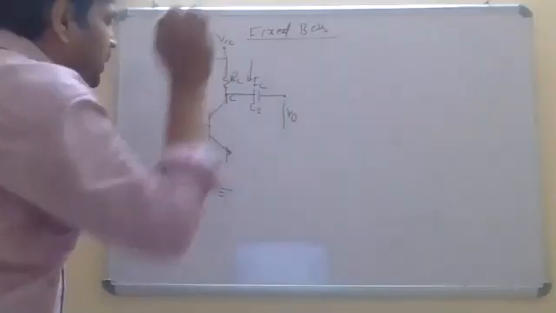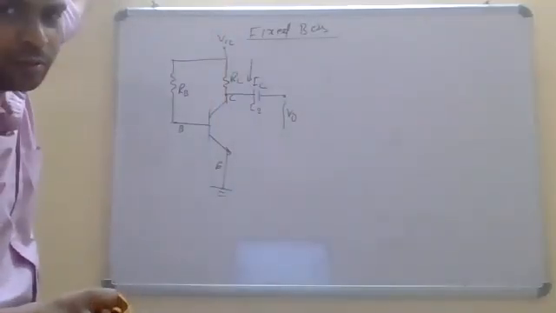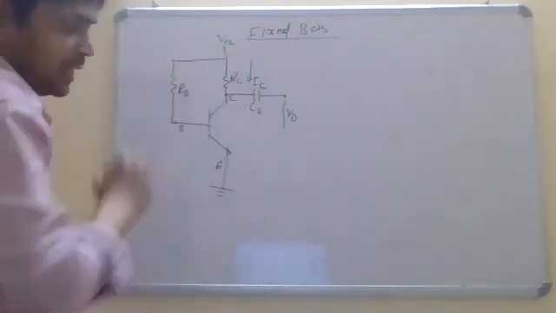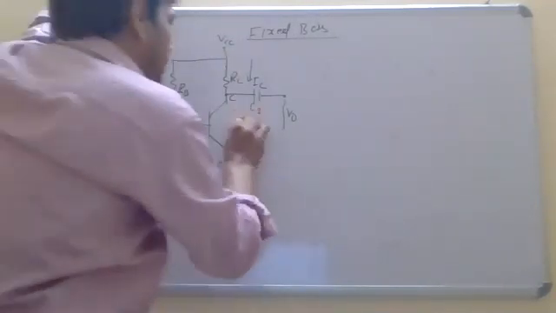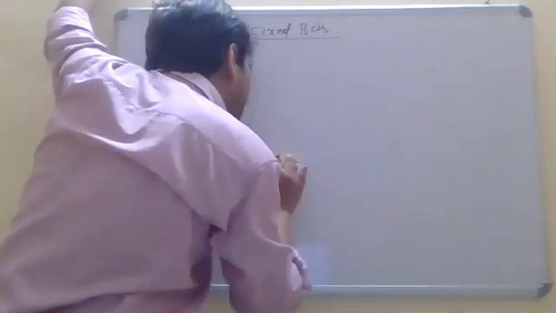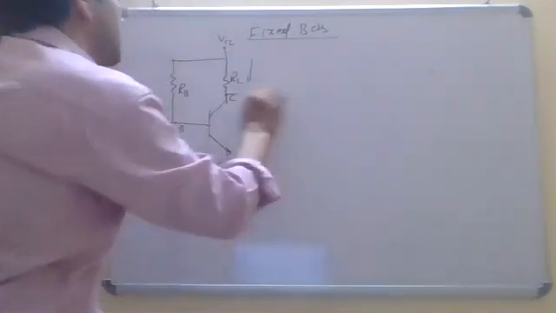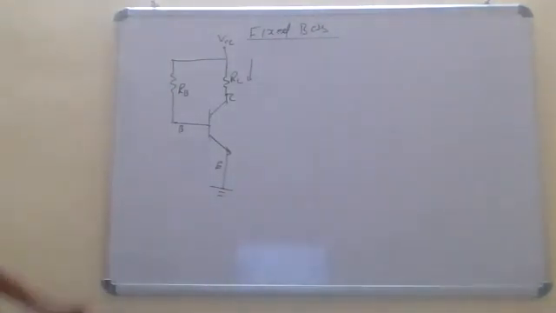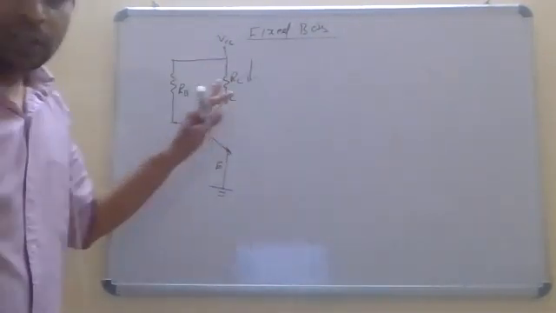To erase this one, because we are going for the DC equivalent. So we have VCC as a DC source. Okay, so we also have to erase these things. Everything we are going to erase here. We have just a simple circuit here, lightweight, and this one is the DC equivalent